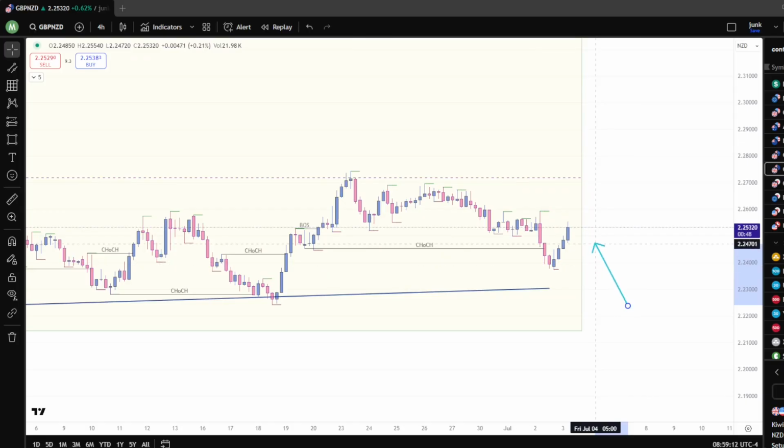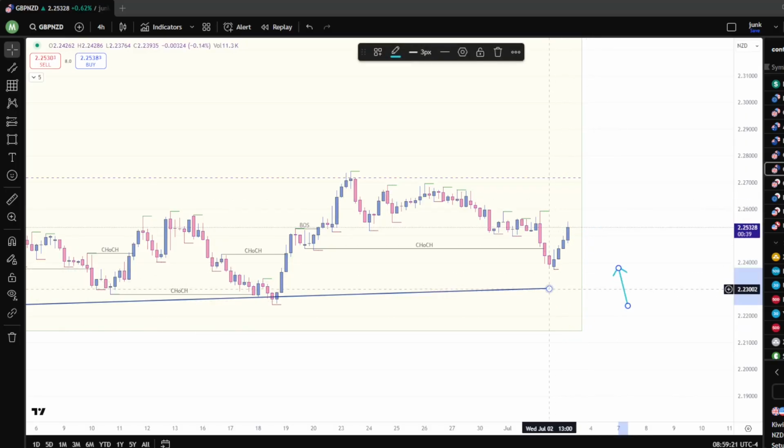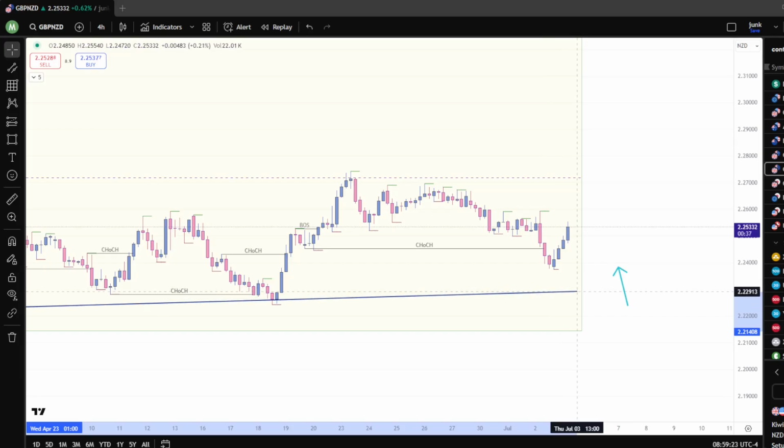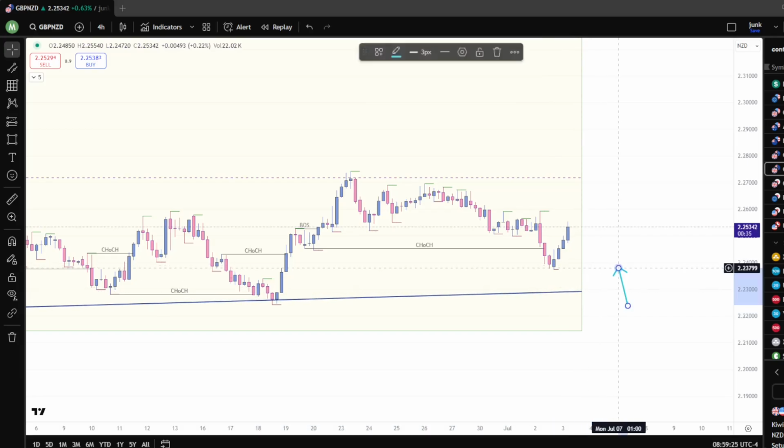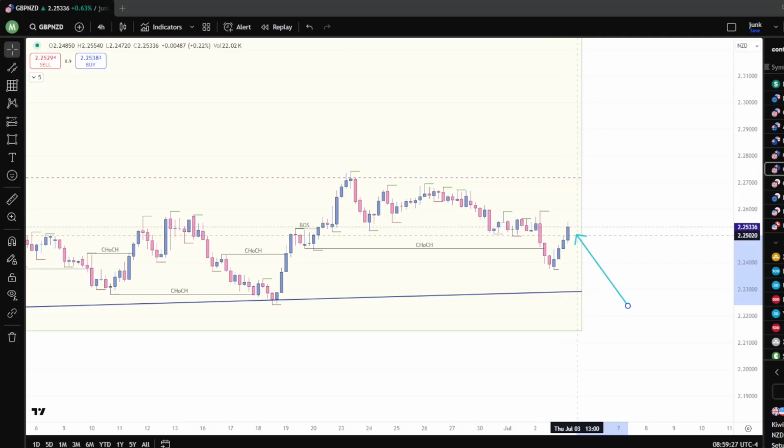So fractal still bearish. If it does start to take out these highs, then I'll be waiting to see any type of turnaround, any type of bearish momentum shift to target the lows of this overall range. Of course, being careful of this trend line where buyers step back in. This looks like the buyers have stepped back in stronger than GBP AUD, but still only looking for any type of selling opportunities if it does start